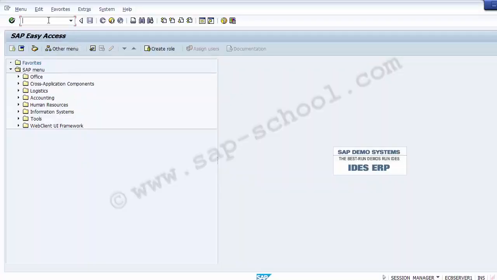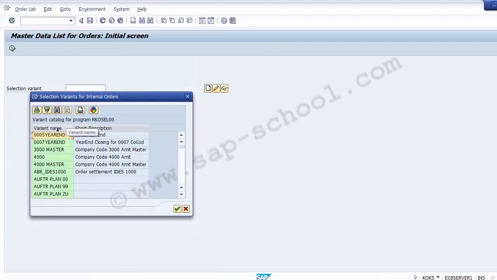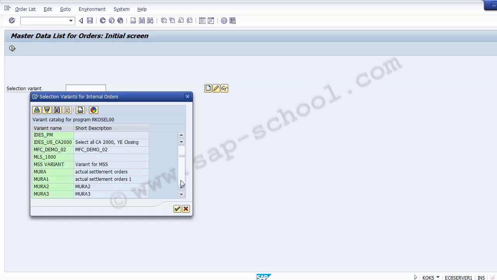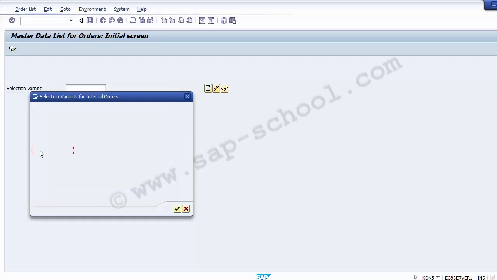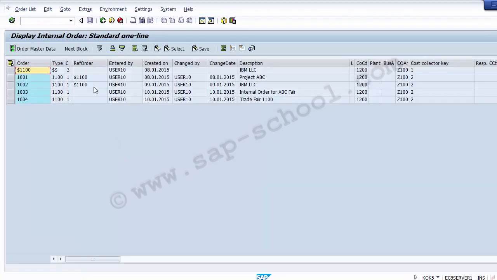So let's execute this KOK5, enter. And now you need to select the variant over here. The variant has to be the standard SAP variant, that is SAP and 01. Double click on it, the variant has been selected, then execute it, enter. So once we have executed and entered, you will find a list of all the various internal orders created for the controlling area